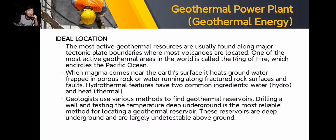So sa ideal location ng geothermal power plant is syempre yung may geothermal resources. And saan ba matatagpuan tong geothermal resources? It is usually found sa mga lugar na may bulkan or yung tinatawag na Ring of Fire, which is